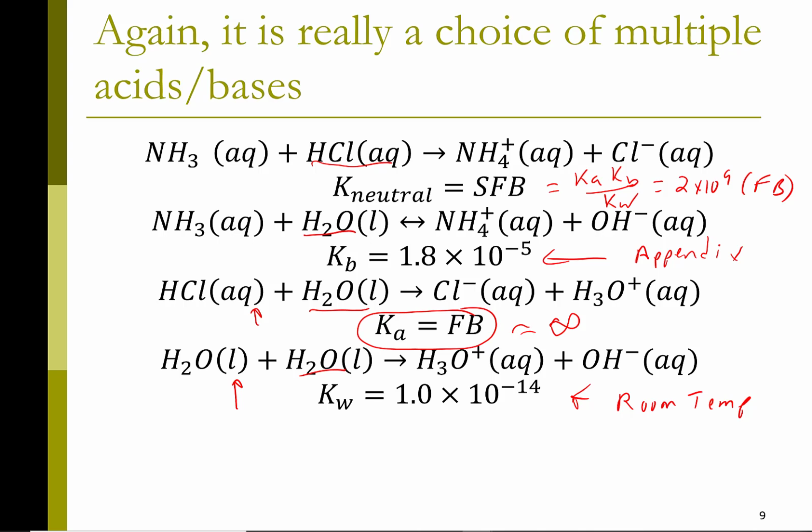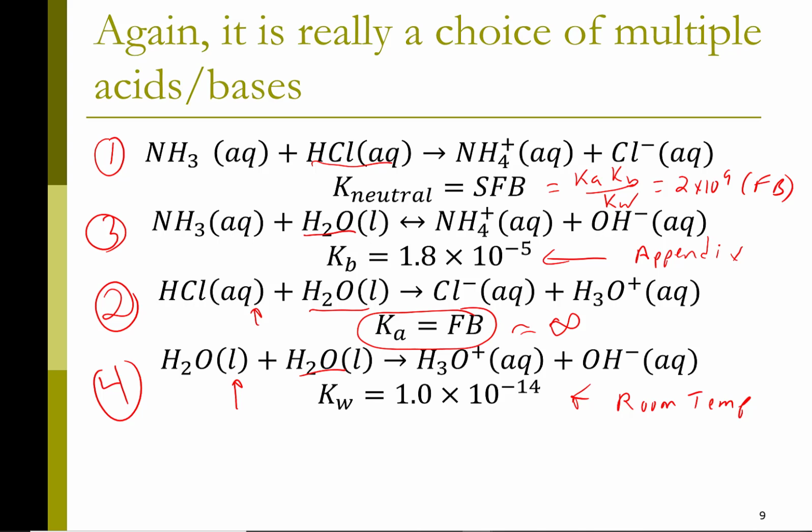And so in terms of size, my ammonia HCl reaction has the biggest K, followed by the HCl Ka reaction. Both of those have near infinite Ks. And so really both of those are not actual equilibria. They're limiting reactant problems. The other two are in fact equilibria and will require me to solve the equilibrium problem as I normally do. But technically speaking, all four of these reactions have to get to equilibrium,